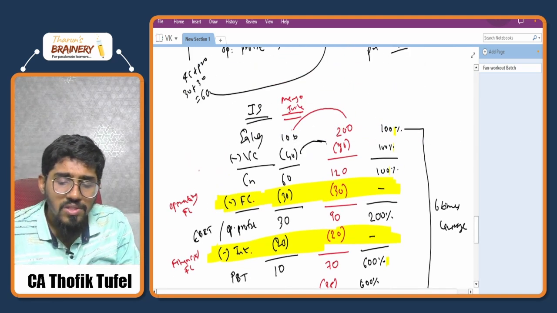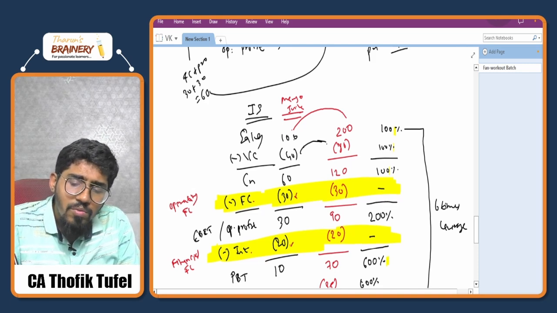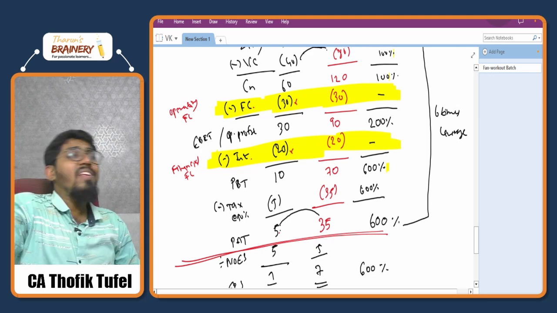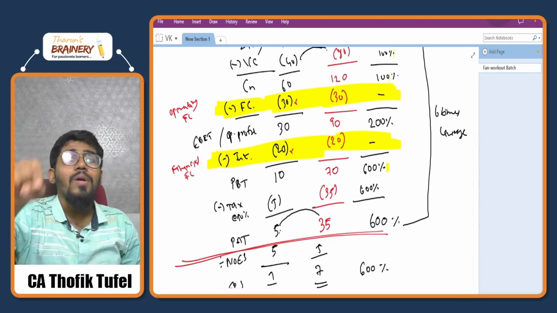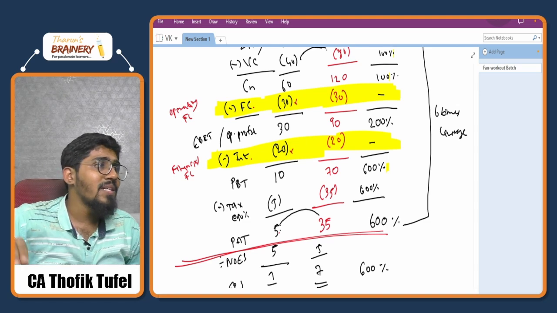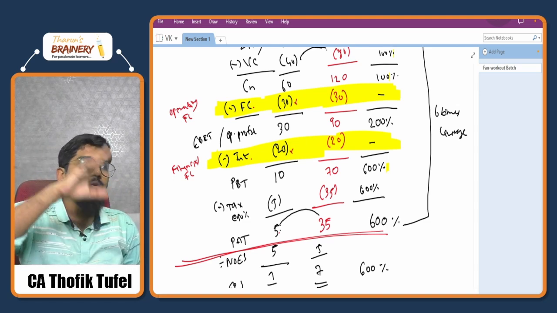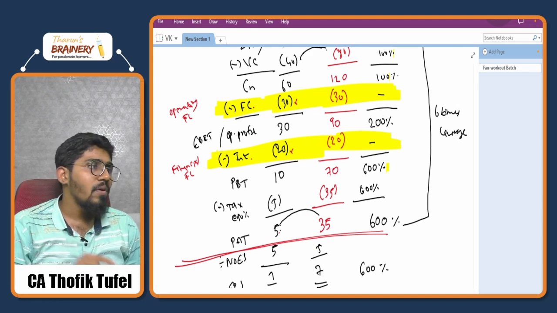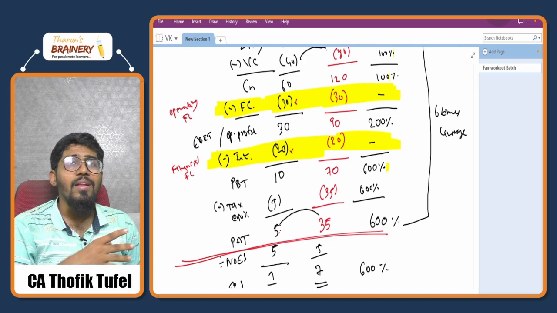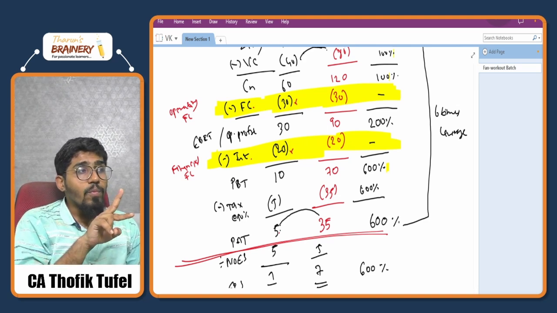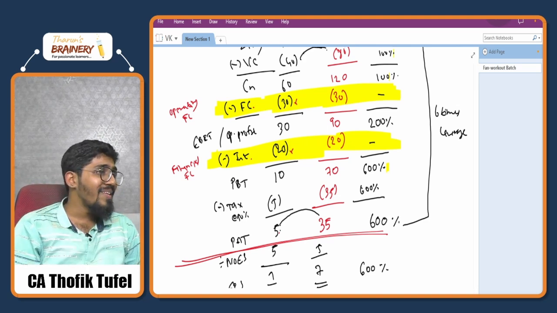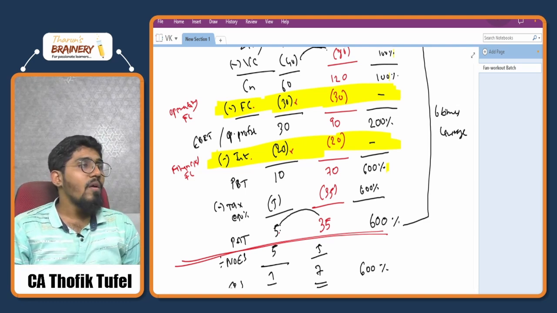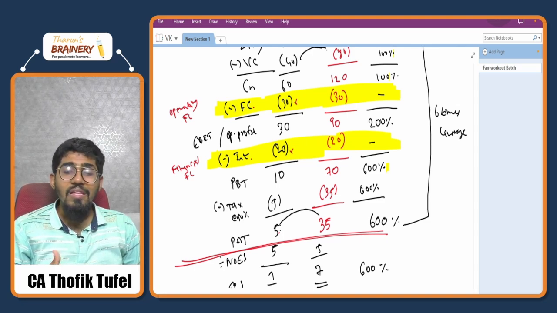Suppose you prepare an income statement removing this fixed cost and removing this interest, and then you do a 100% increase in sales. You are going to see that the 100% increase in sales and the 100% increase in profit will be the same. There will be no jump, there will be no leverage. You can check it on your own. You can prepare an income statement without a fixed cost, and if you increase sales, you will find that the increase in sales will be equal to the increase in profit. There will be no jump, which means there will be no leverage.